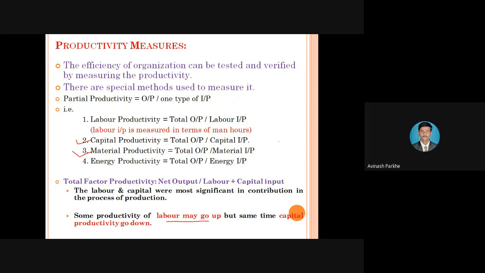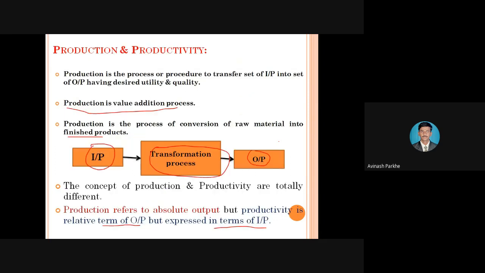But there are so many inputs. According to the number of inputs, here I have written the formula for each and every input. Then we have discussed the basic difference between production and productivity. These are two terms which are not similar to each other. The production term is different, the productivity term is different. Production is measured in the form of output only. Productivity is also measured in the form of output, but at the same time, the input parameters are also considered. That difference we have also discussed.